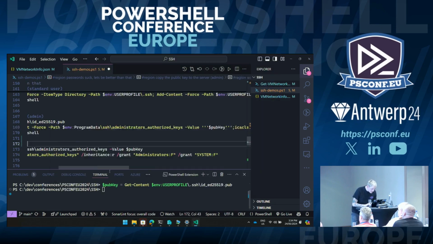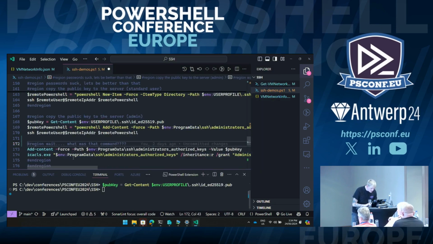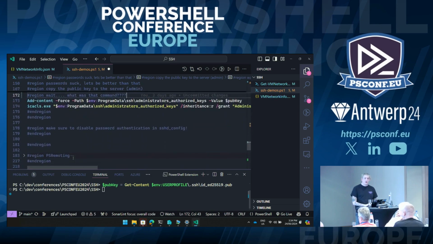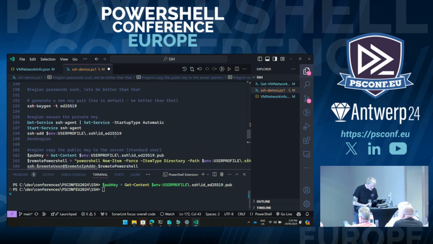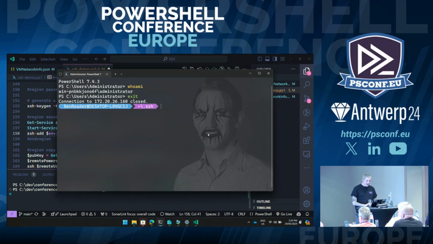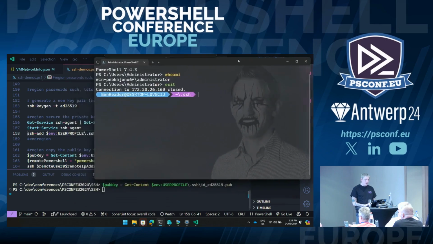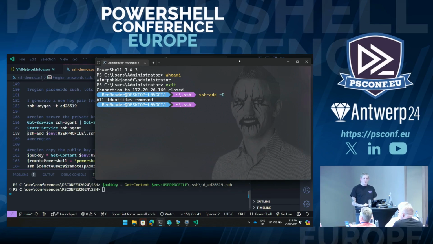So one quick solution, because I do want to show you a couple of other things before we wrap up, is there's a bunch of tools that you can use to actually deploy the private keys securely onto your machine, and then you can delete them from your system so that they're always available on this device, but no one else can ever get them. And that is, I should have this somewhere. Let's have a look. ssh-add, this is the one. ssh-add, again, is another tool that you get with the clients. If we just go ahead, ssh-add -D removes any identities or any private keys that have been deployed to your machine.